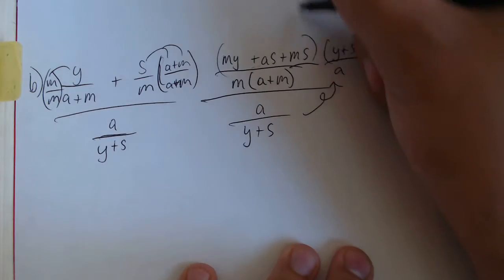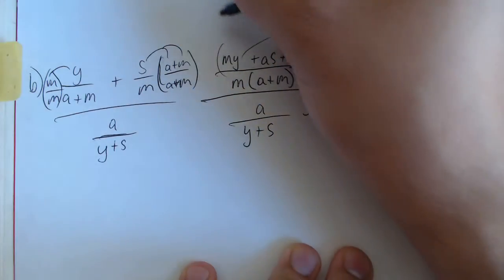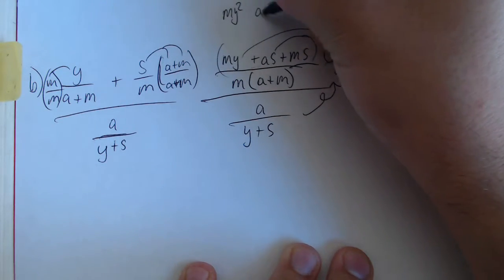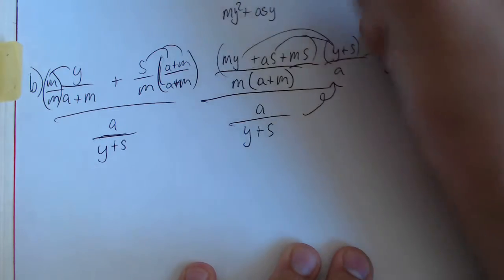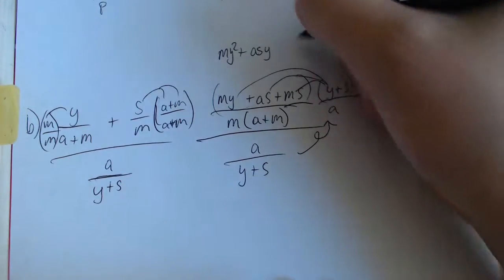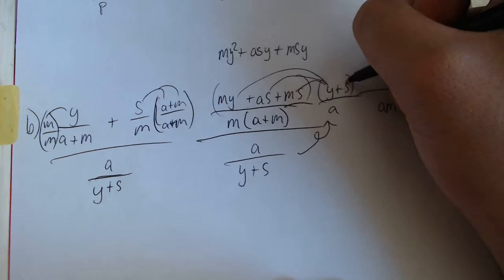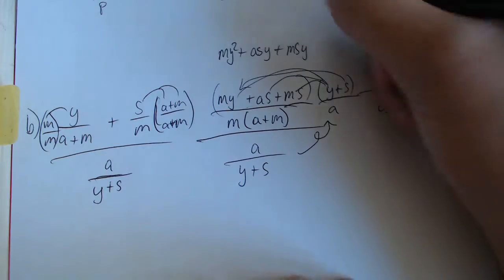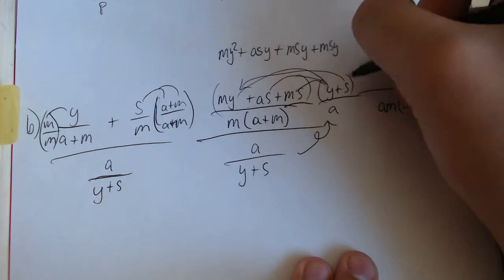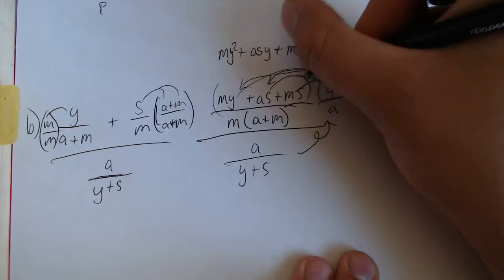And I'm going to go ahead and write this up here so we can simplify it and put it down here. y times my is going to give me my squared, y times as is going to give me asy, and then y times ms is going to give me msy. Now the s, when I multiply by that, that's going to give me msy. That gives me as squared and